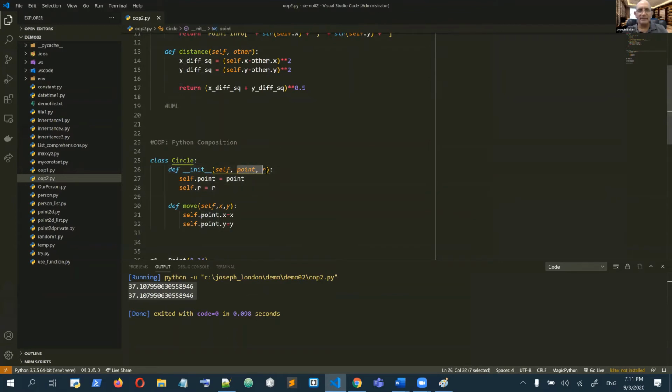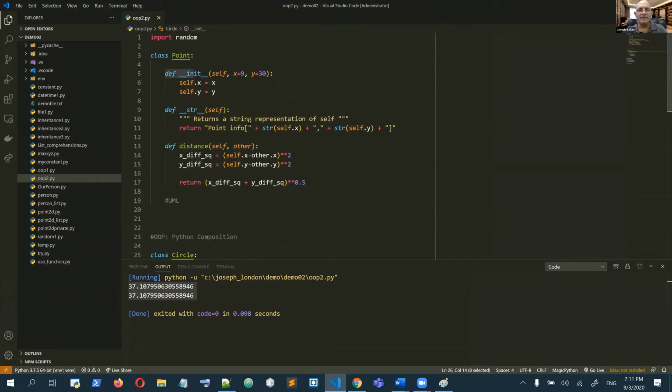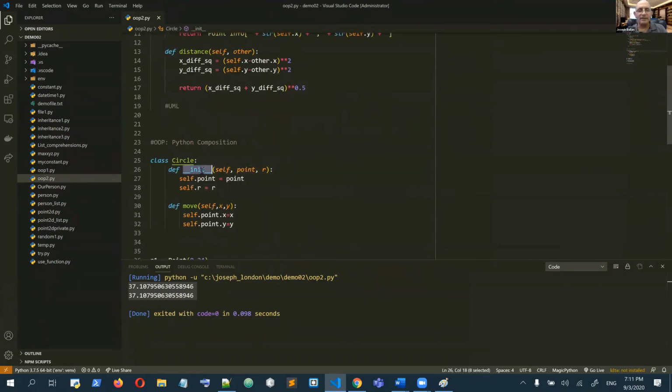So at the same time, in the same way of using init here, I use the init here, but I could define the first argument here of type point, the second argument of type float. So now in this way I can instantiate the circle